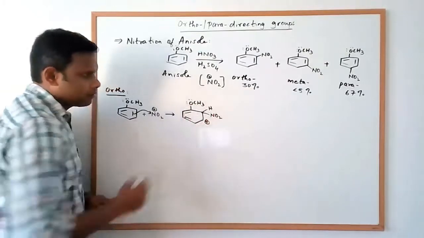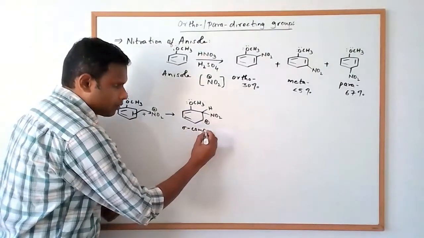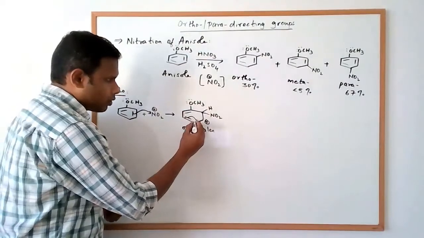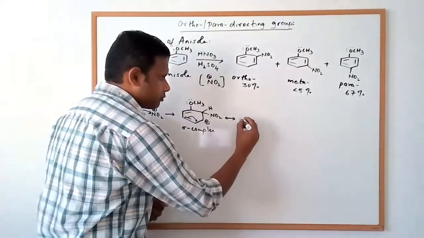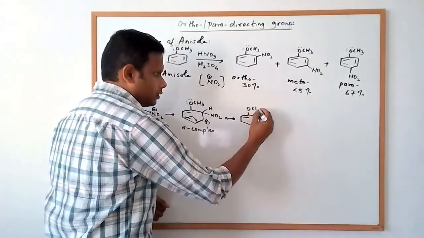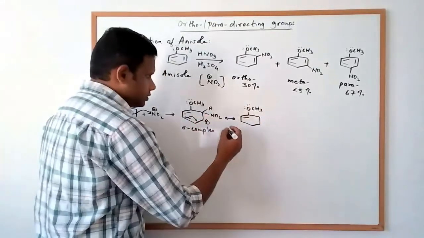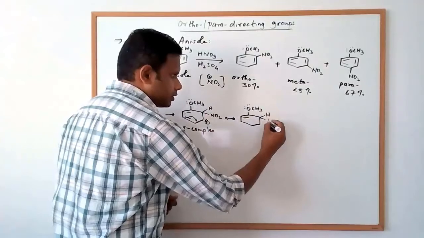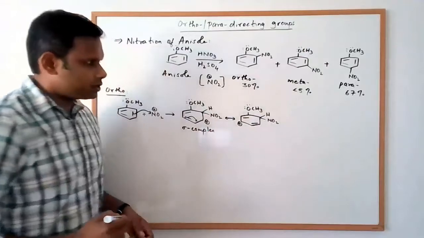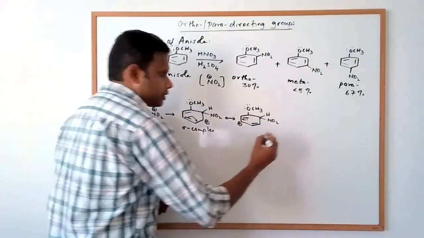So here we have our sigma complex. Now, as always, the sigma complex is resonance stabilized. So we're going to draw all possible resonance forms for the sigma complex here. We can push each of these pi bonds one after the other. So there we go. We have a hydrogen here, a nitro group here. The double bond has moved and positive charge has moved. The carbocation has now moved. And then we can draw another resonance form